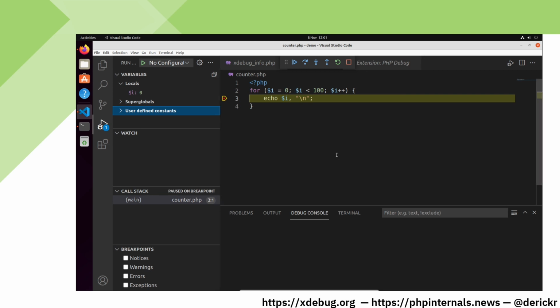By using the buttons at the top of the VS Code window, we can advance the script. The first one is continue, which will run until the next breakpoint or the end of the script. I will click it now so that we go for i equals 1. And you'll see that the variable updated here. There's also step over, which will step to the next line in the code unless a breakpoint is hit. There's step into, which will also step into function calls, and step out, which will step out of the function, or in this case, the script itself, because the script itself is also a function. However, breakpoints will still trigger.